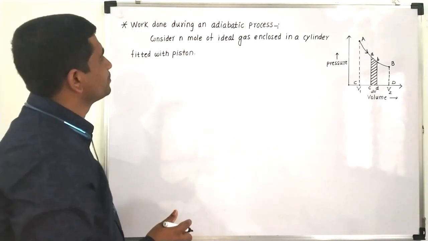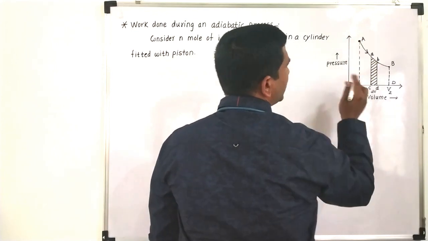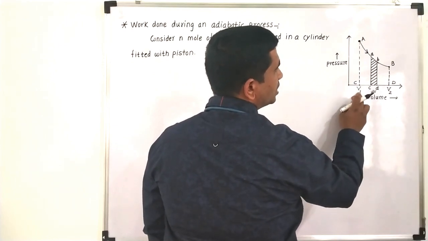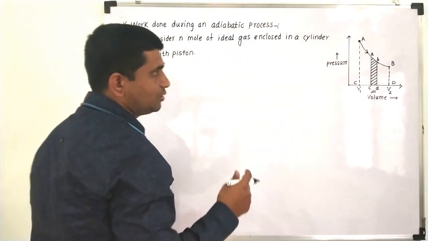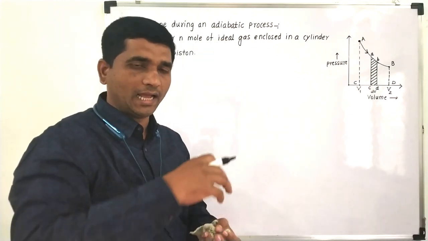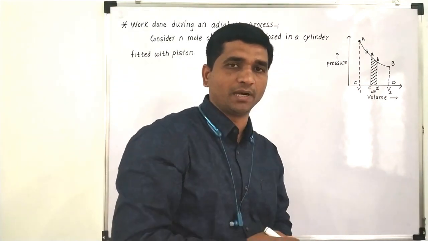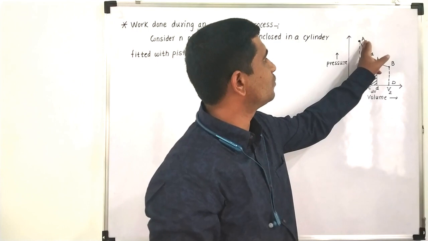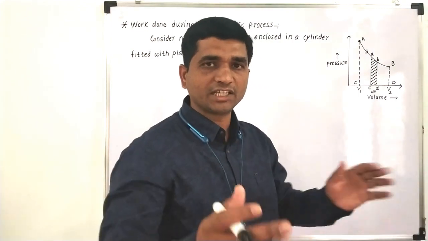Let us say initially our system is at this point A. We are starting from point A, where the volume of the gas is V1. So the initial volume is V1. We will adjust the external pressure in such a way that the piston moves in the upward direction. As a result, the gas will expand, and due to the expansion of the gas there will be certain work done. So let us say that we are going from point A to point B. Its volume will increase from V1 to V2. So it is an expansion of the gas.